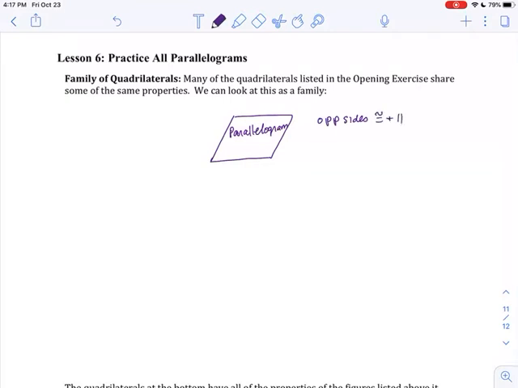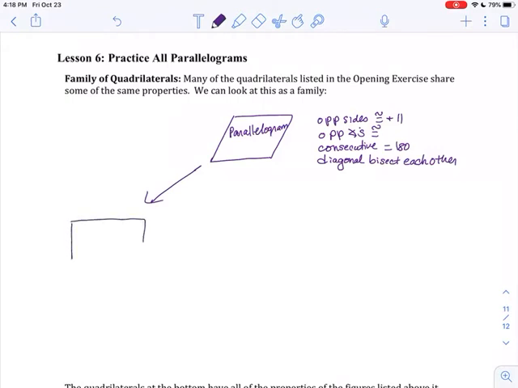So hopefully you know these properties. Just by looking at the picture, you can see that opposite sides are congruent and parallel. So I'm just using my symbols for congruent and parallel. Opposite angles are congruent. Consecutive angles, those are the ones that are next to each other, are supplementary, they equal 180. And the diagonals bisect each other. So if you have these properties and you have a problem, you can figure out the problem based on these